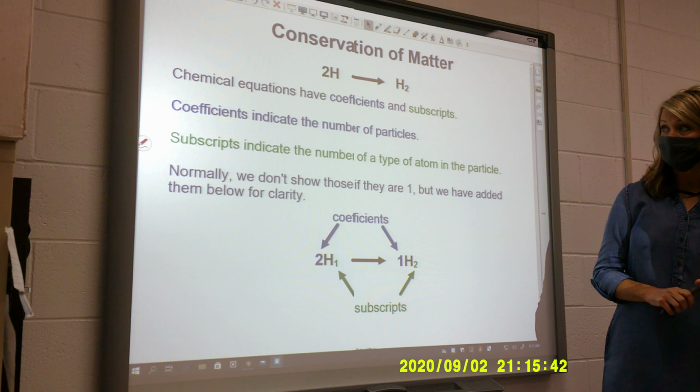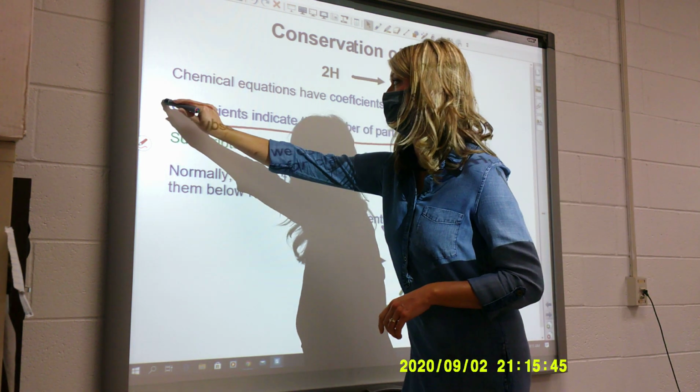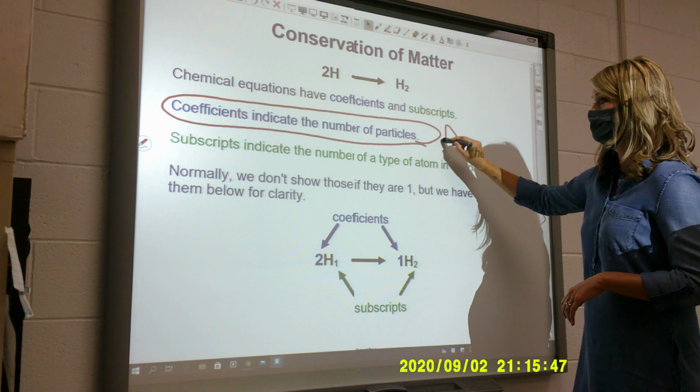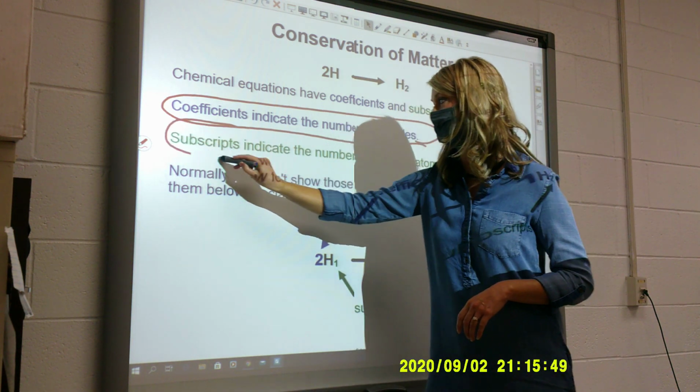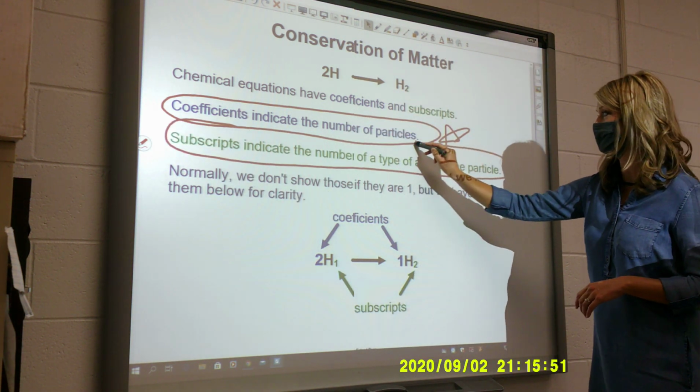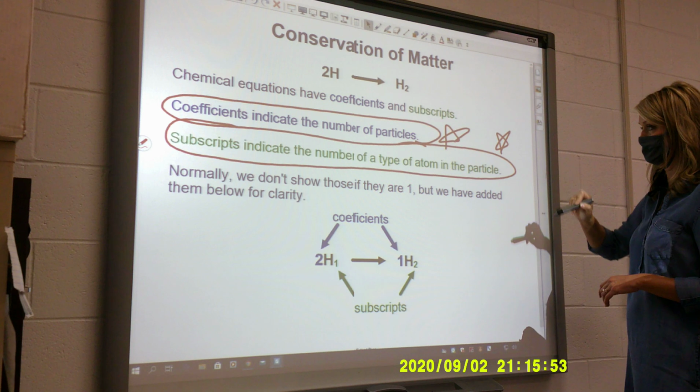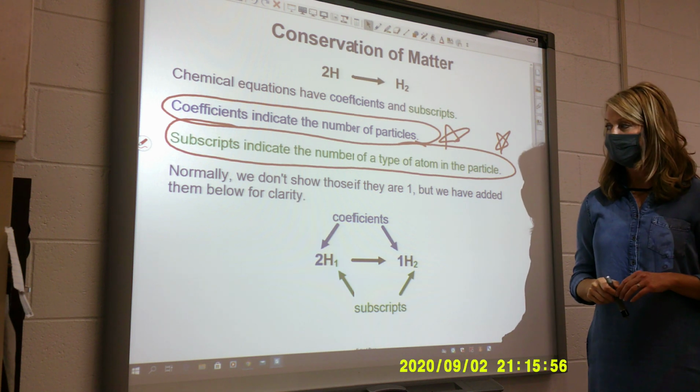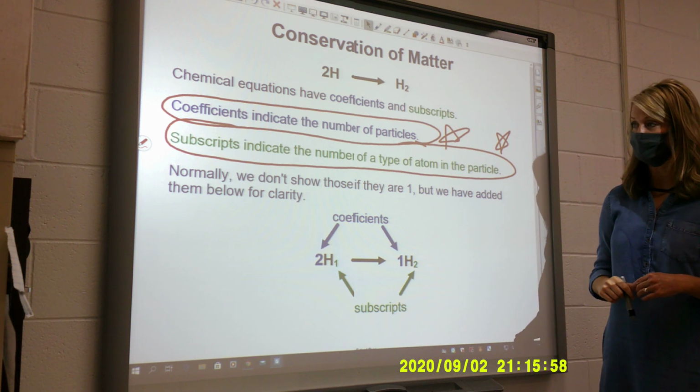Coefficient indicates the number of particles. Subscripts indicate the number of the type of atom in the particle. Normally we don't show those if they are 1, but we have added them to